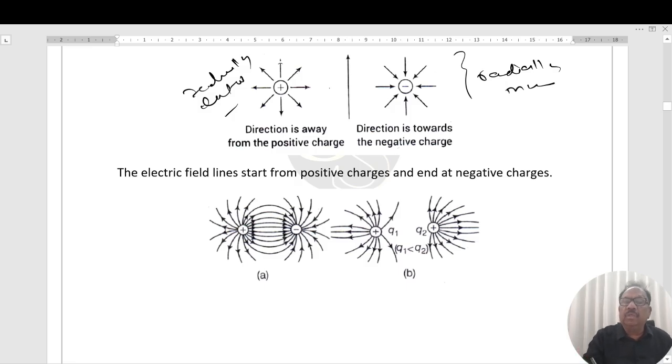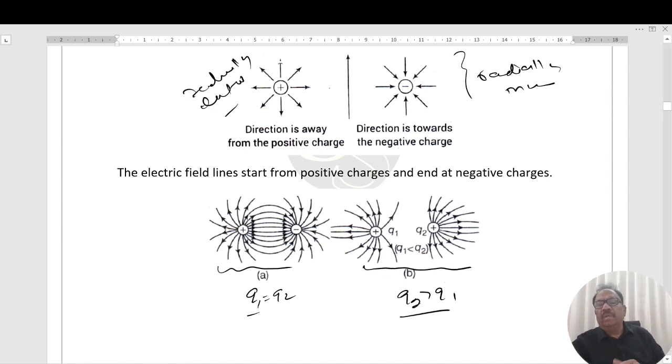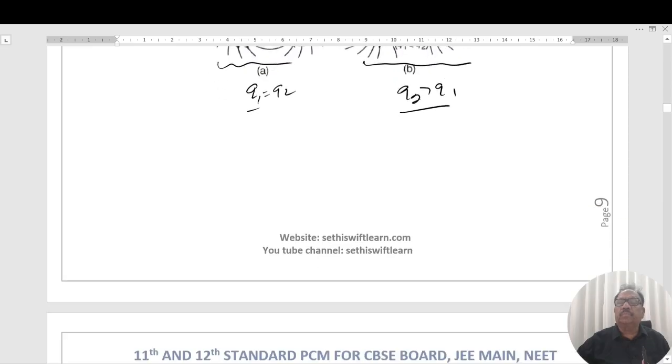In this case, the charges are the same: Q1 equal to Q2, positive charges. In this case, Q2 is greater than Q1, so in this case it is denser. In this case, equal density is there. In this case, you can observe the difference of densities, right? Next,